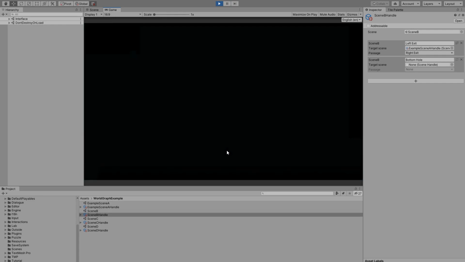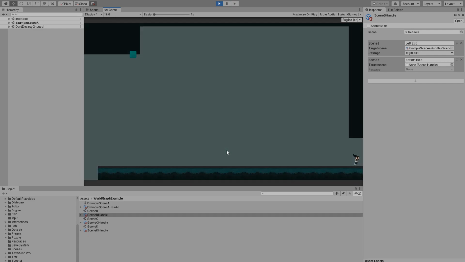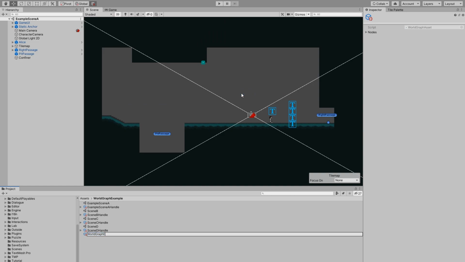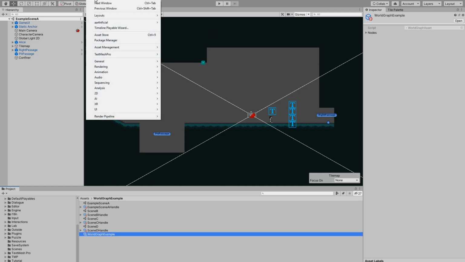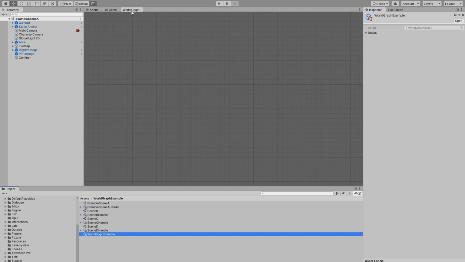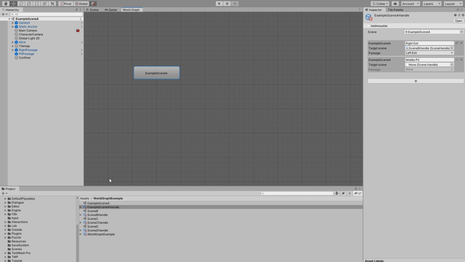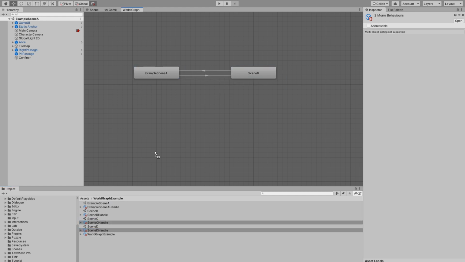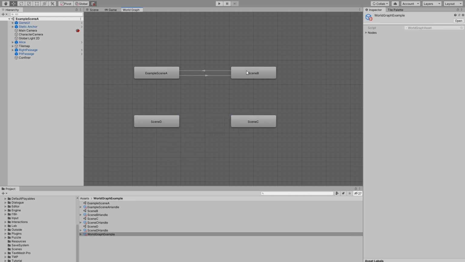The main issue with all of this is that it's hard to visualize what's really happening, and this is where I got carried away a little bit. Let me create a different scriptable object. I call this one World Graph. Now I can click on Window and open a custom editor that I've made. It looks really similar to the animator, but instead of animations, I can drag my handles here. And as you can see, the connections that we defined a while ago are already displayed with these arrows. And now I can use this editor to create the rest of the connections.